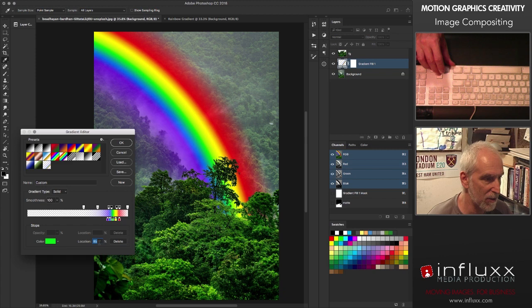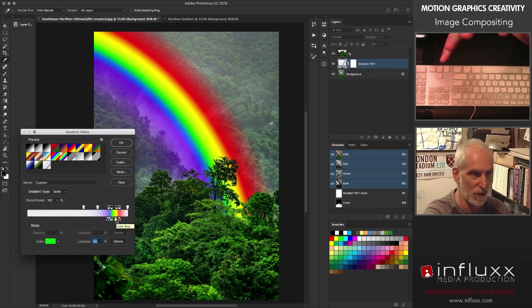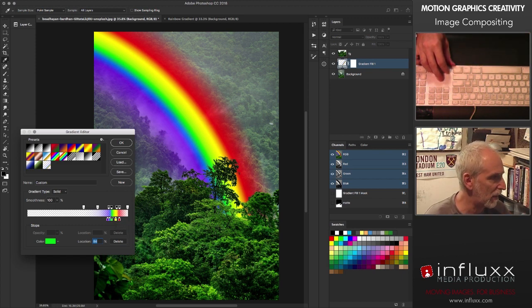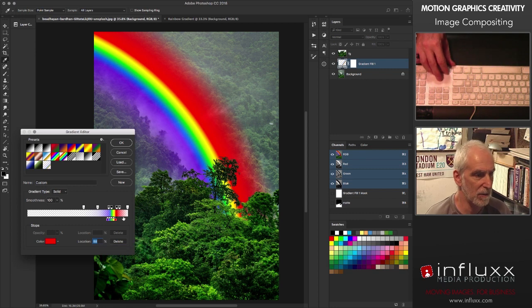And I'm going to, the green one then should be 84. So I'm just tightening up because everything looks a little large on the image. That was 84, so this should be 86, and this should be 88. So everything's a little tighter. So what I want to do now, on